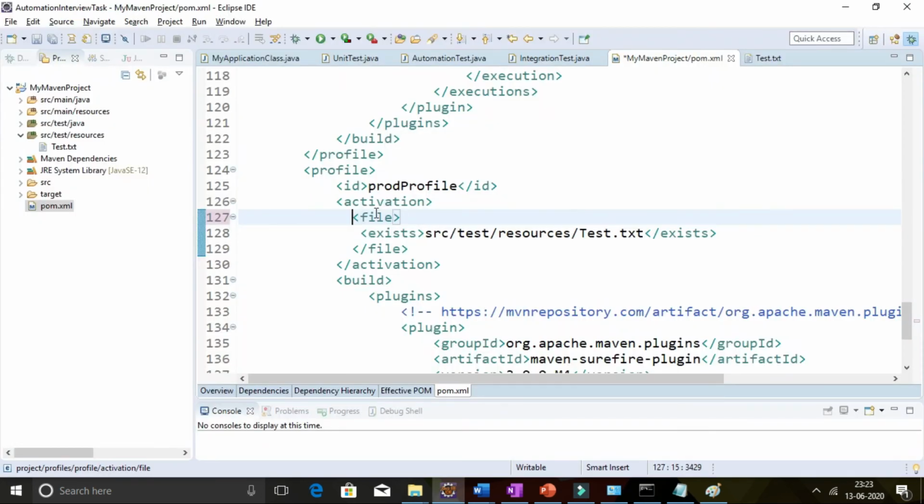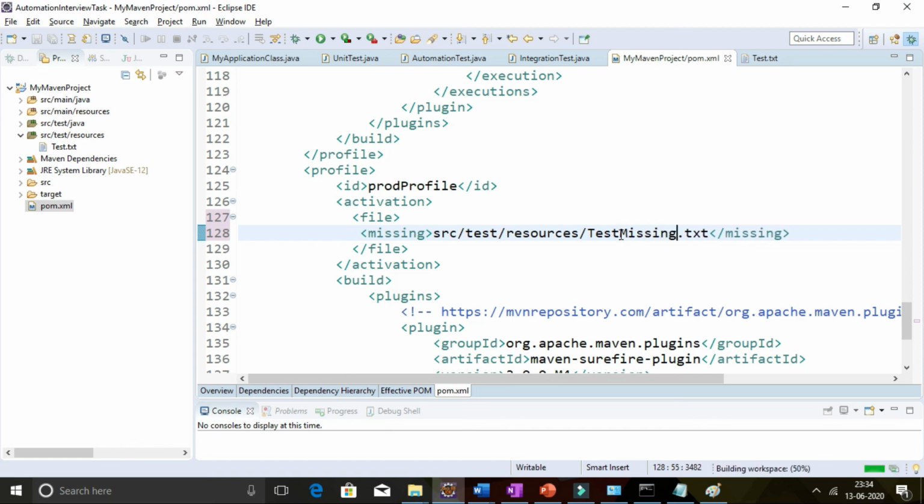Now we can also activate profiles based upon missing status of the files. For that we need to change this exists tag to missing tag and specify any file which we are expecting to be missing. So let's change this name to test missing and save it.